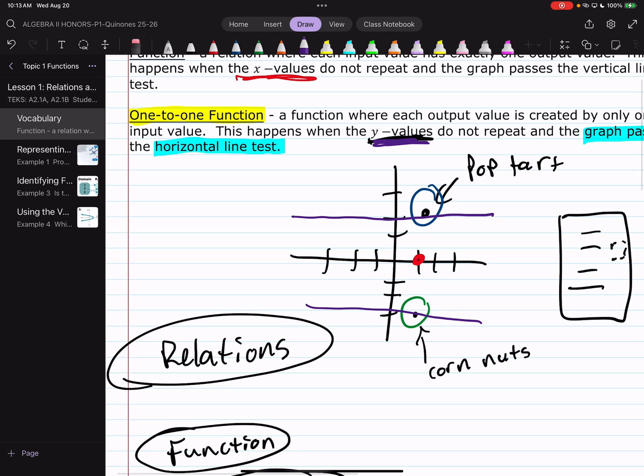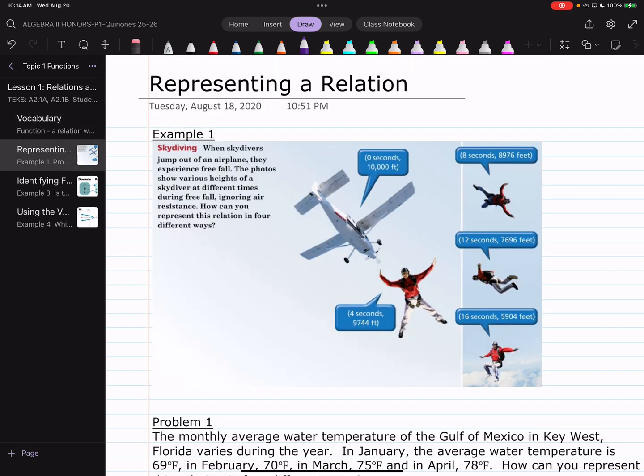Can I answer any questions? Okay. Why bother talking about relationships if we're just going to deal with functions anyway? Right? If we're going to just talk about functions, why do I even bother talking about relations? Right? I'm going to skip this example because I want us to talk about